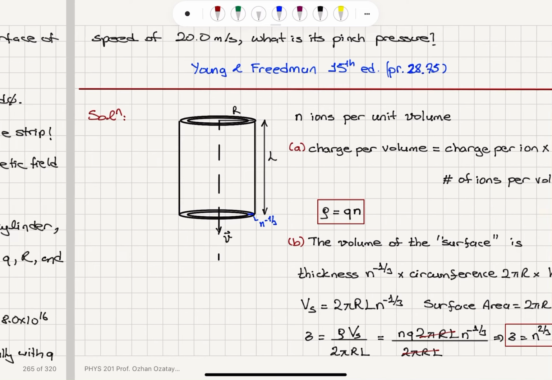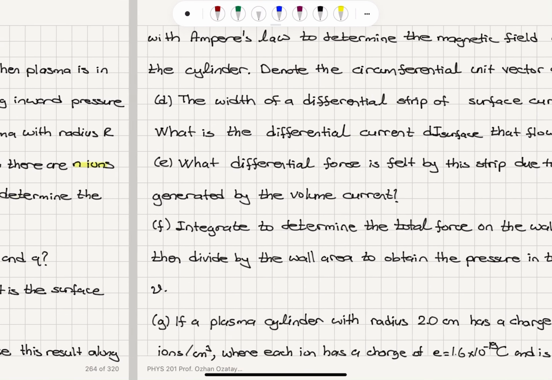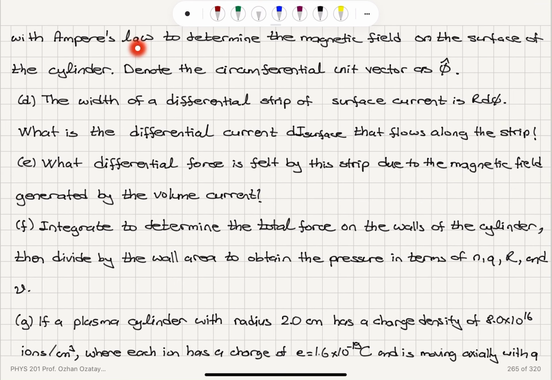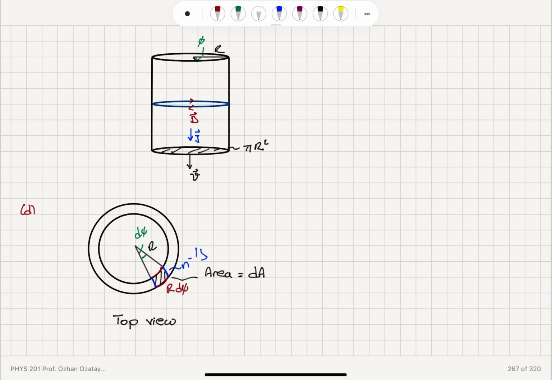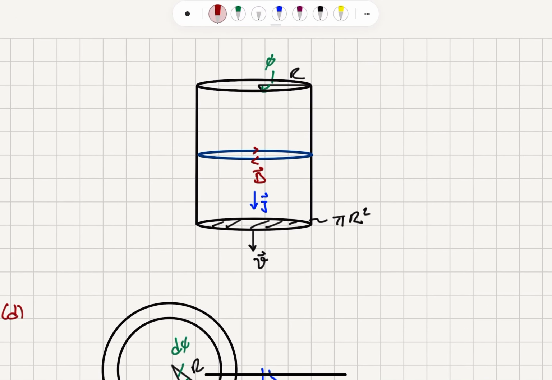Okay, so let's move on to part C. The current density inside the cylinder is rho, the charge density, multiplied by velocity v. Use this result along with Ampere's law to determine the magnetic field on the surface of the cylinder. Denote the circumferential unit vector as phi hat. Okay, so for this part,